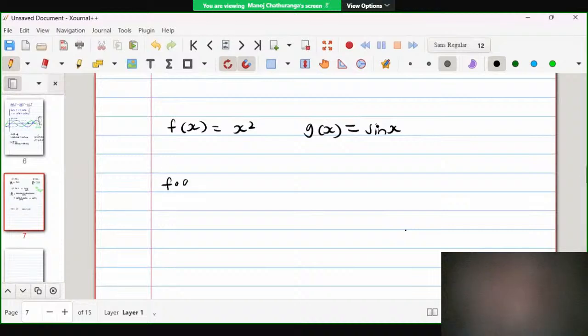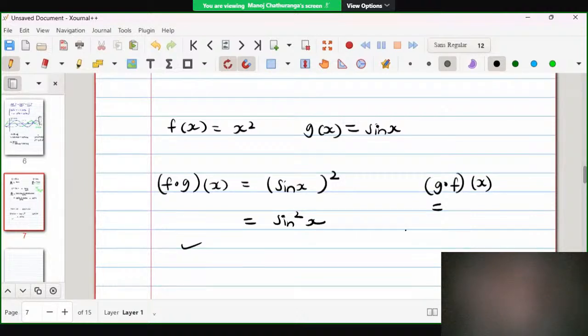Then, in this case, f is the outer function, x square. So sine square x. We can differentiate this function by thinking of this as sine times sine and applying the product rule. So this function is okay for us, but the other composition,